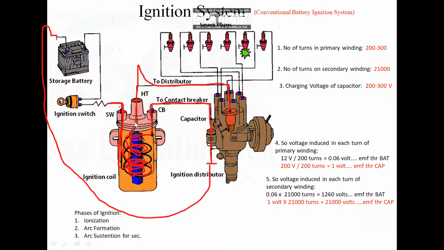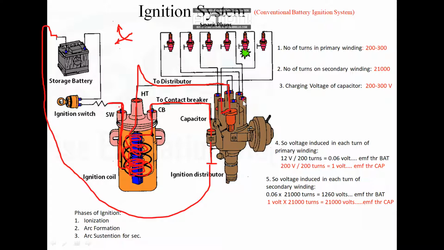But in the case of the secondary winding, it comes here and enters the distributor. Okay, this is a rotor present inside the distributor. At the head of the rotor, it is connected, the rotor having one needle. Okay, a needle like this. Okay, it rotates in a clockwise direction, this needle. Okay, and there are a number of leads coming into the distributor. Those are the 6 leads, equal to the number of cylinders.